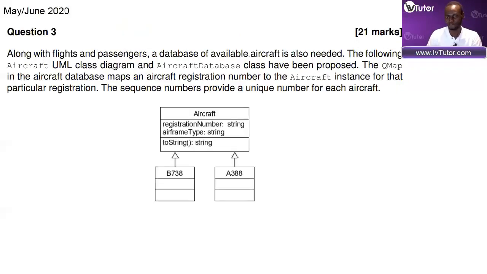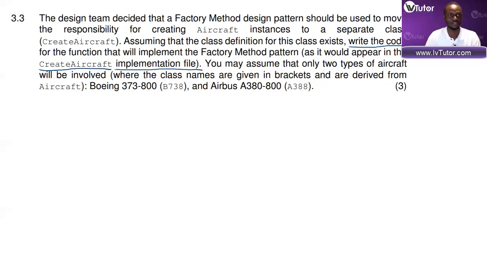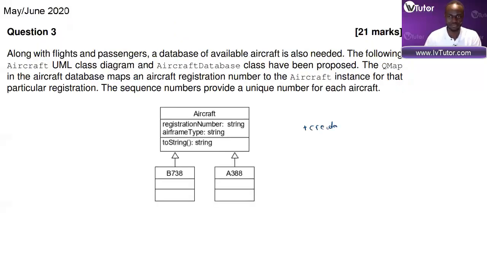So if we had to apply factory, we were going to have a function made called create aircraft. In this case, because the class is also called create aircraft, I would avoid calling the function create aircraft as well, because then it would be the constructor. So since the class is called create aircraft, I can call this create or get aircraft, whatever. It doesn't matter what you call the function. I'm going to call this one get aircraft, right? Get aircraft, which means in my create